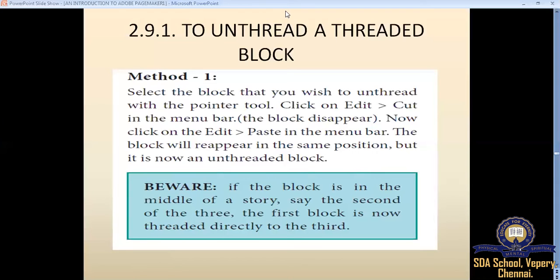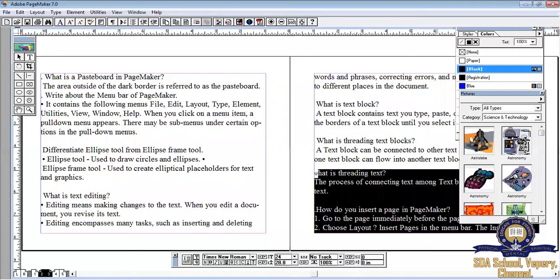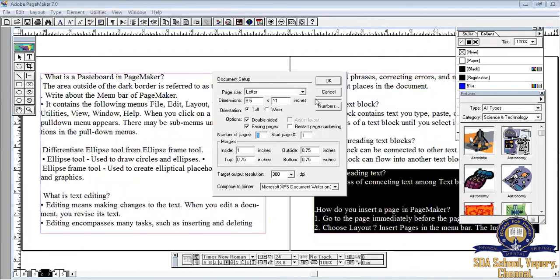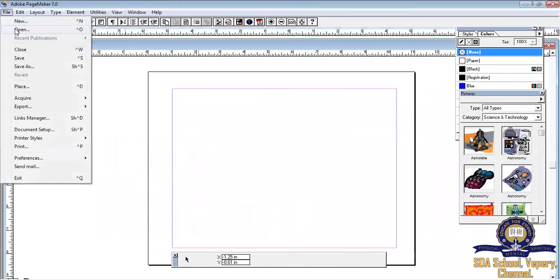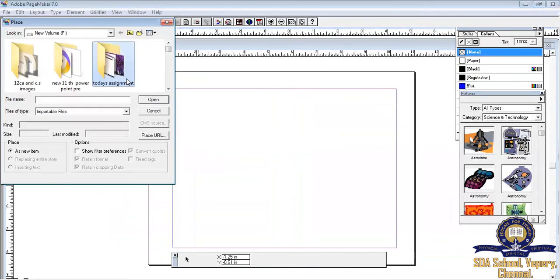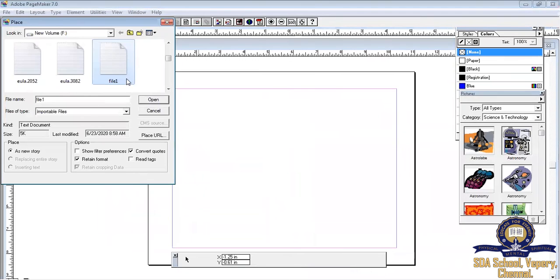Let me show you on the Adobe PageMaker screen how to unthread a text. Let me choose File, New window. Choose the orientation type as wide here. Right. Now go to the File menu, choose the Place option, and select a file. I'm choosing file number 3.